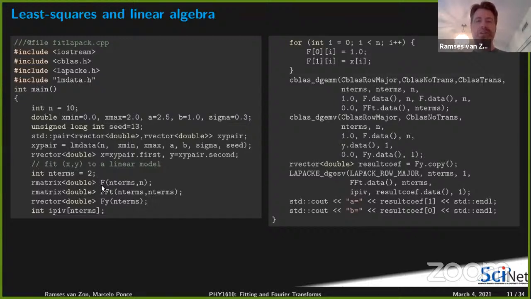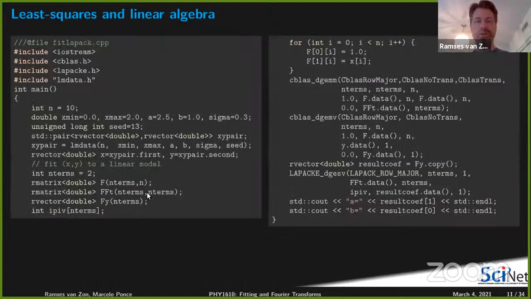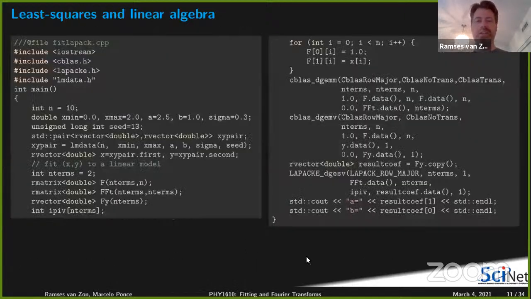So here's our F matrix. As promised, it's B times n. So n terms rows, and n columns. There's a matrix FFT, which is going to be a very funny abbreviation in a second, because we will use FFT as Fourier transforms. But FFT is meant to be the matrix F times the matrix F transpose. So we just get that ready. And there's going to be another vector, which is F times Y. So the result of F acting on Y is going to be a new vector,